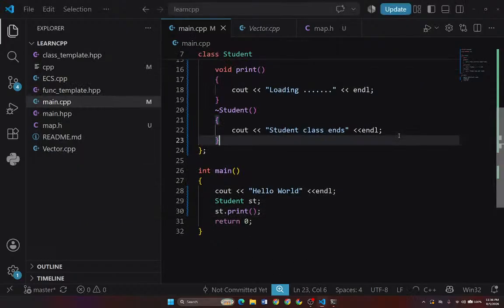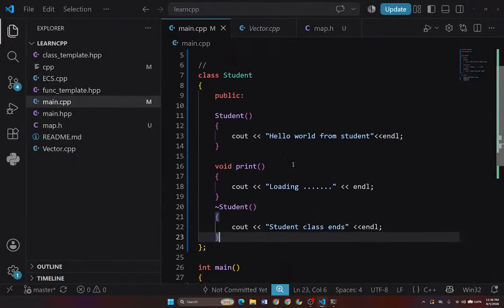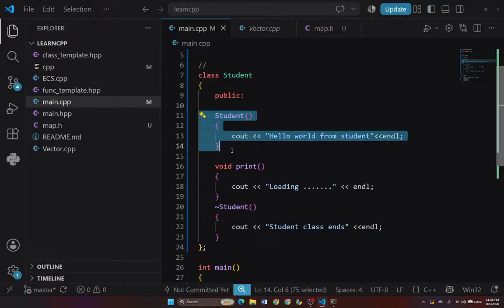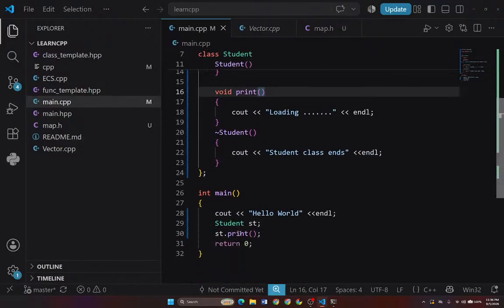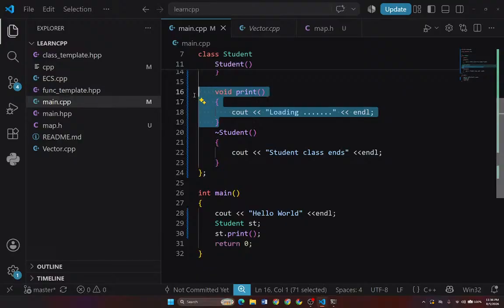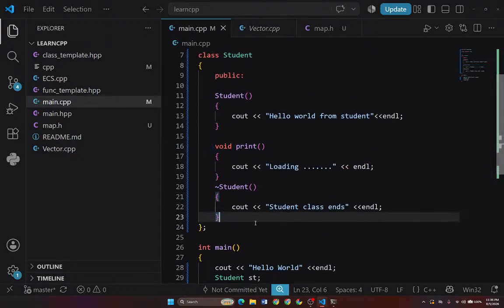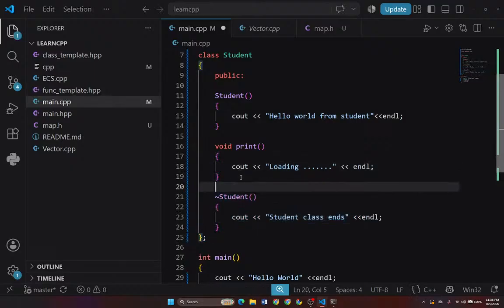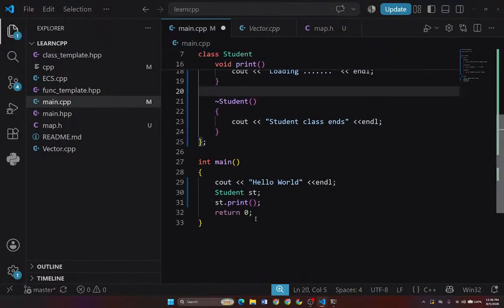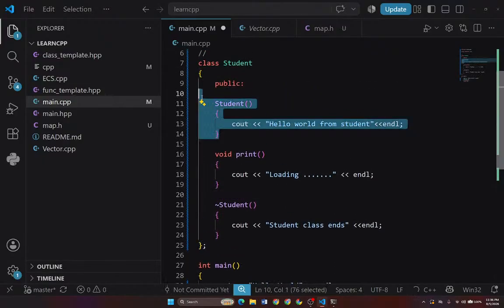Okay, so as the student object is initialized, we can see that it is printed directly, and while we use the function, it prints the printing function, and then at the end, after its usage is finished, the student class ends and prints. So that's how the constructor and destructor work. Generally a constructor is used for,